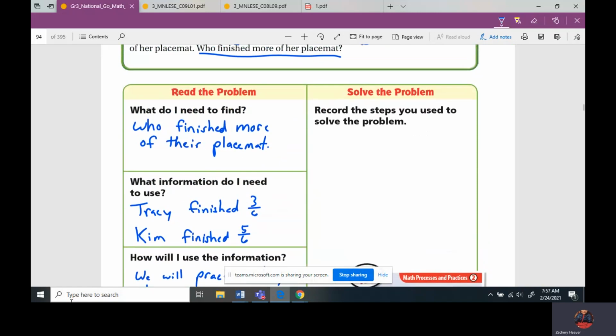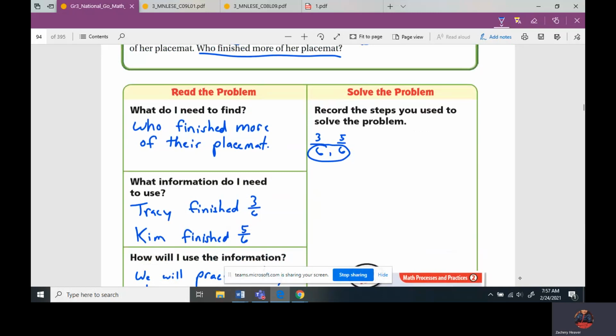So the cool thing about this one is we have 3/6 and 5/6. Think about this. 3/6 and 5/6. What do you notice are the same? Let's think of it as puzzles today. If we have the same puzzle and they both have the same amount of pieces,